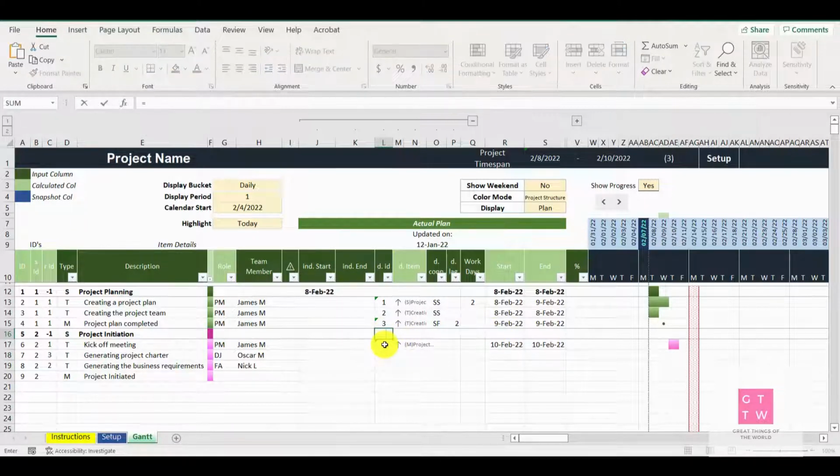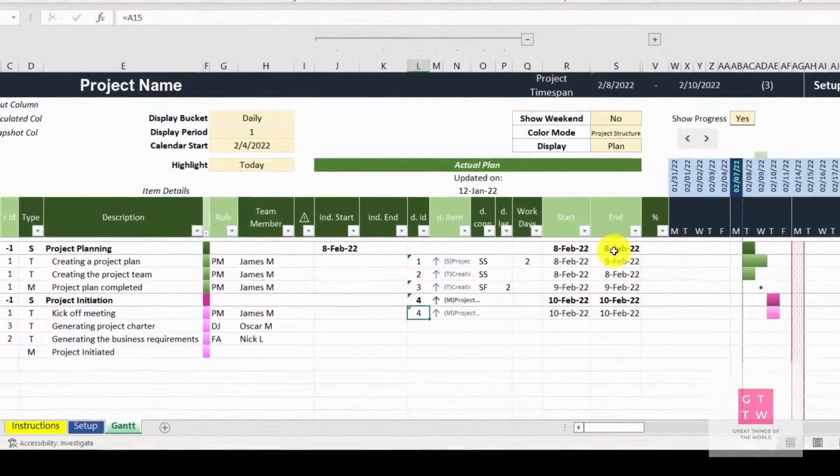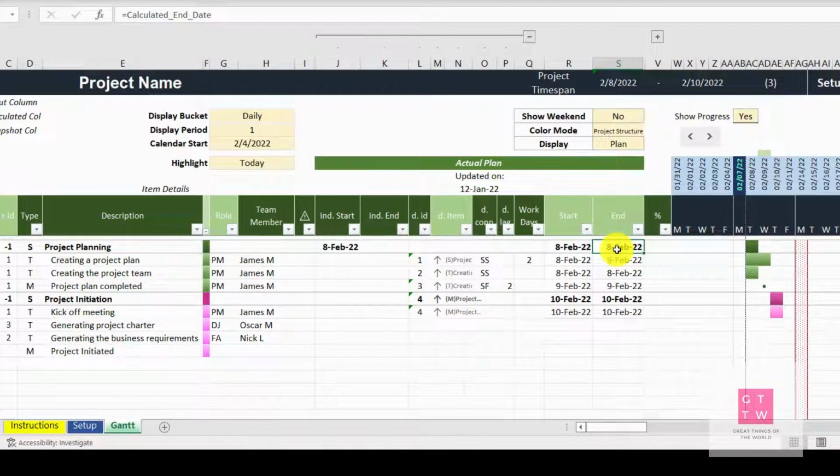So it's better to give the dependency of the previous milestone completion if that is the case. So it will automatically pick the start and end date. Here one thing you might have noticed, that the start and end date for this stage remains the same. So either we can use a formula to calculate the end date, or you can have the max of the dates over here,